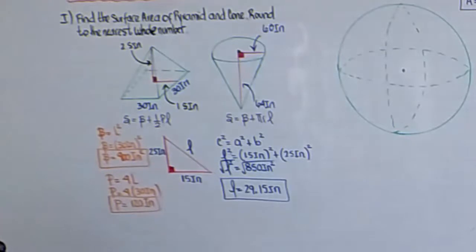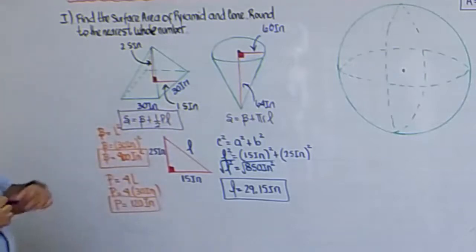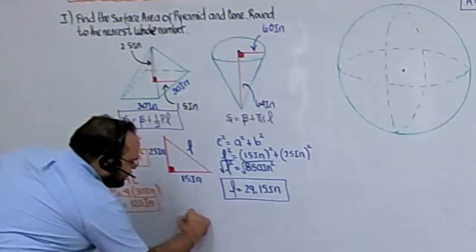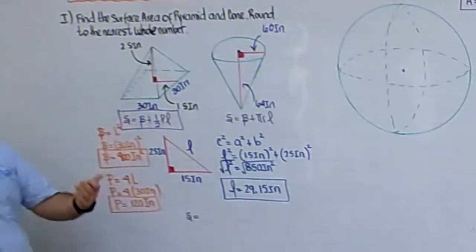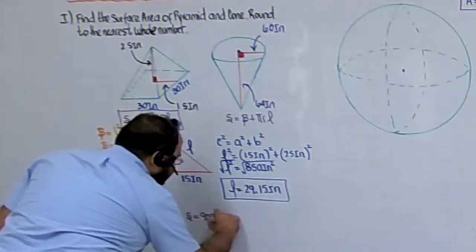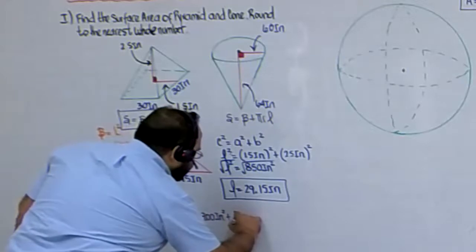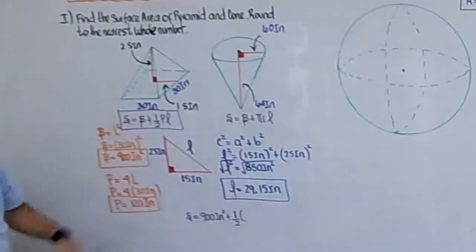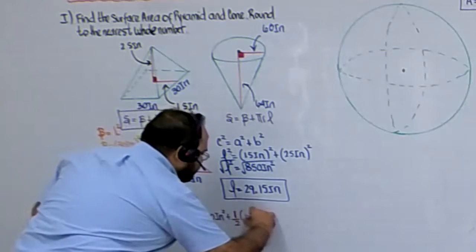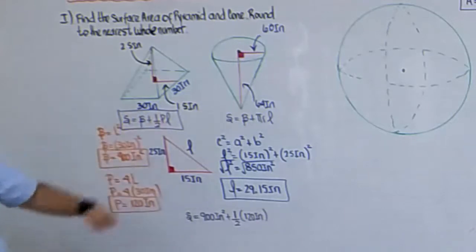Now it's time to apply the surface area formula. Remember, surface area is represented by S equals beta plus 1/2 PL. I mean, S will be given by beta, which represents the area of the base, 900 square inches, plus 1/2 of the perimeter. The value of the perimeter will be 120 inches, okay? And multiplying by the slant height, that will be